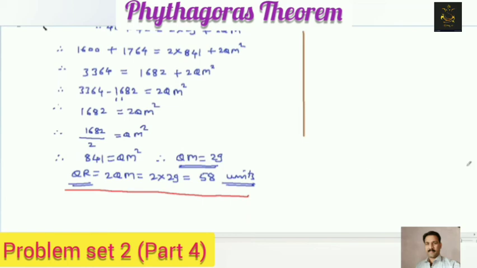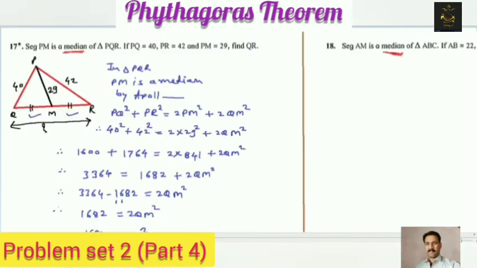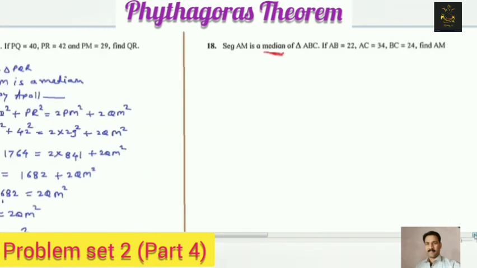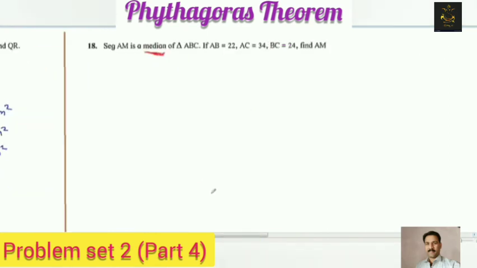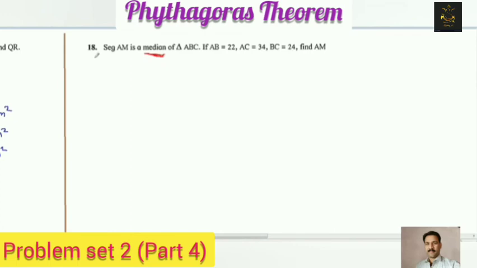Now remaining, the 18th one, observe here. Again I will draw the figure. See here in the 18th sum, I will draw the figure first. Look here, this is a very important one. We will draw the figure first as we drew in the 17th sum. We are going to draw a triangle. Now there is one median as well.